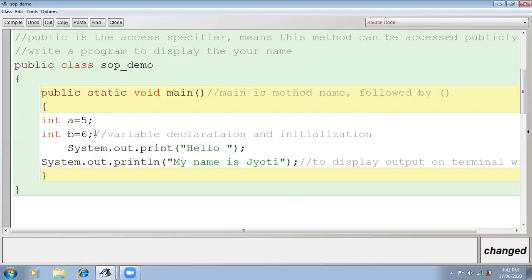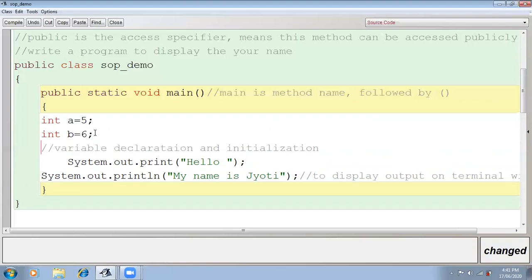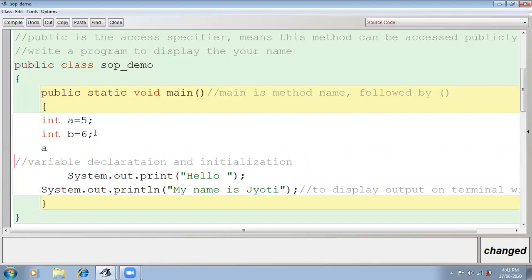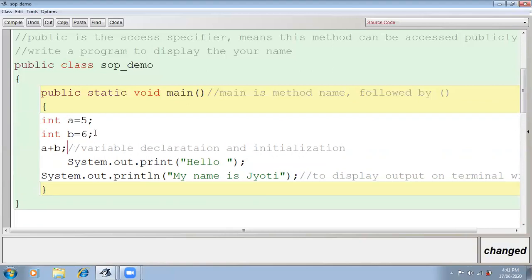Now, if I want to perform the addition of these numbers, what will I do? I will write a plus b. But I will not write int a plus b. I will write a plus b. It will perform the addition, but where is this value going to be stored?